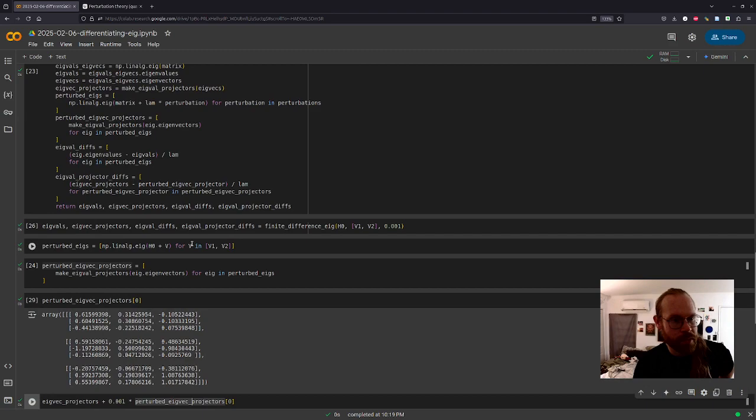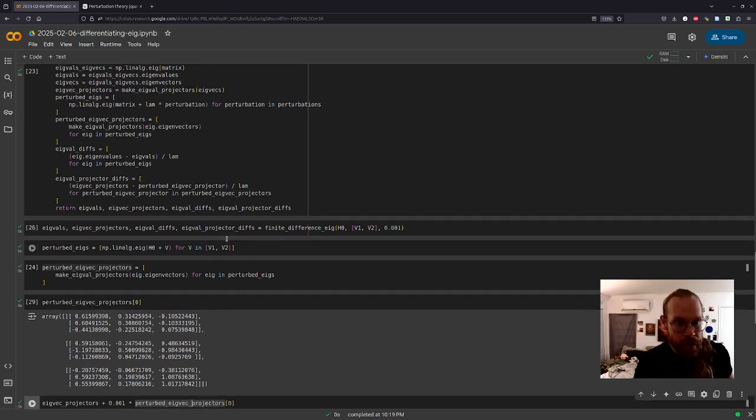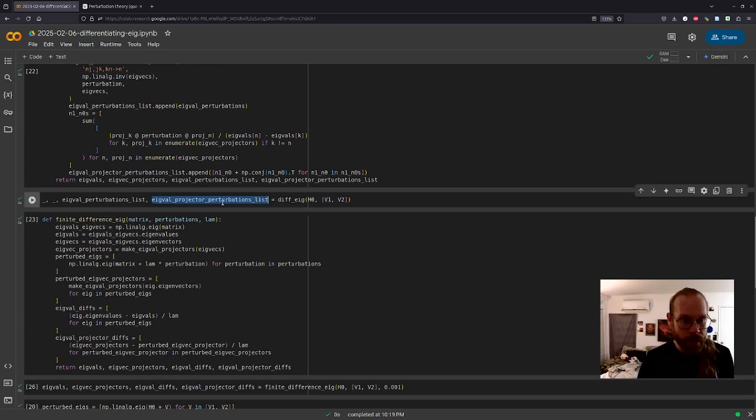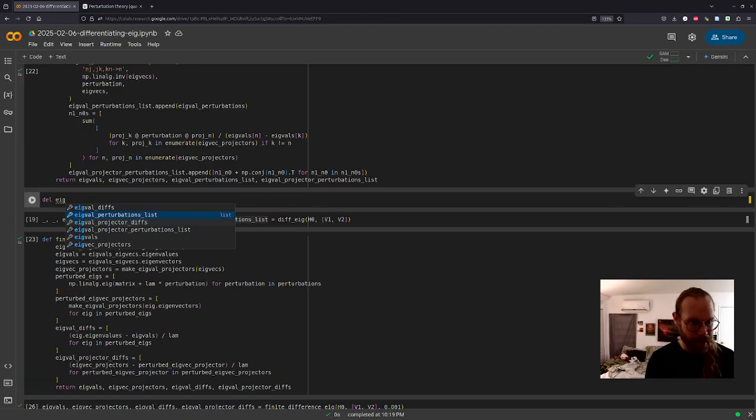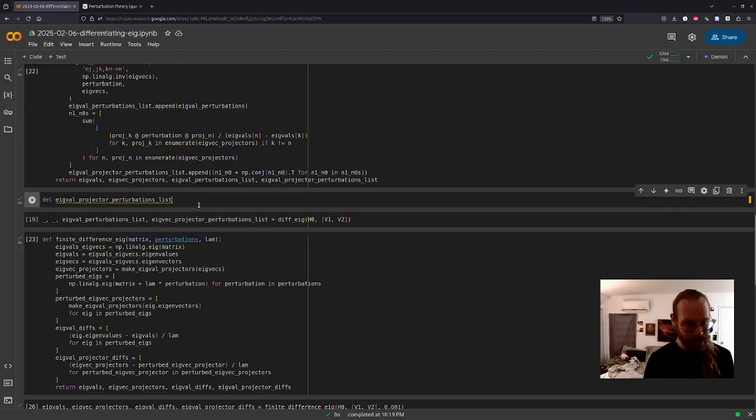It should be eigenvector projector perturbations. This, good grief, this should be eigenvector projector perturbations list. Let's delete whatever that other thing was that I had. Eigenval projector perturbations list, we don't need that.